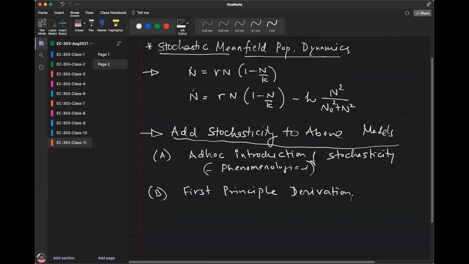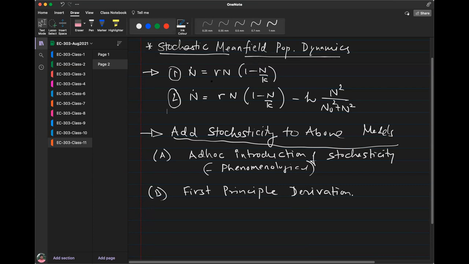Let us first go back and think, how did we even write down these models? We have had a discussion on this already in class. The logistic model was written in a semi-mechanistic, semi-phenomenological way. We argued that the per capita growth rate must decay with the population size, because of intraspecific competition, and we wrote down a basic equation that meets this.